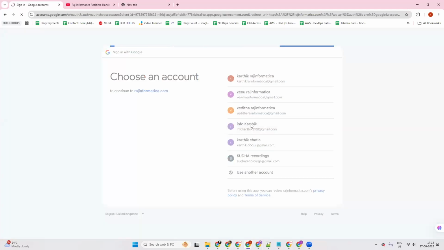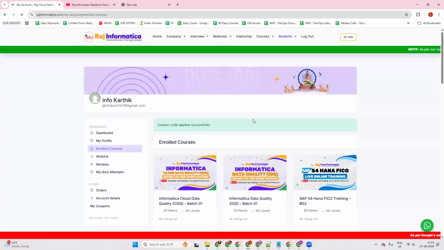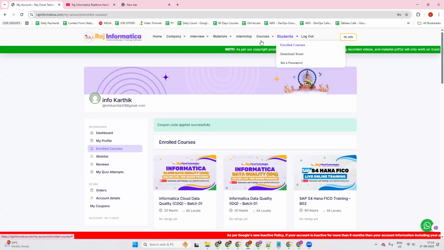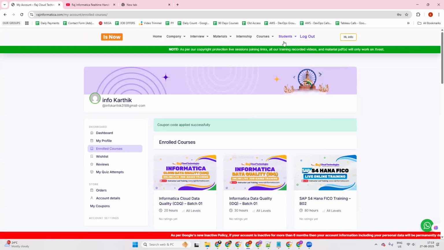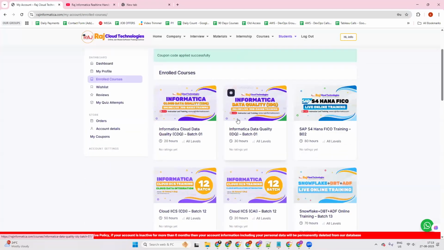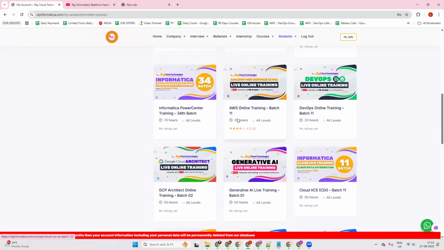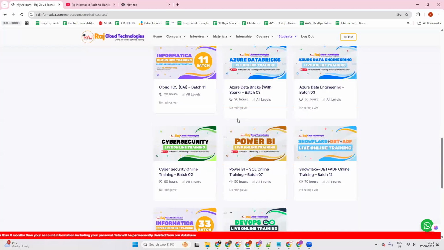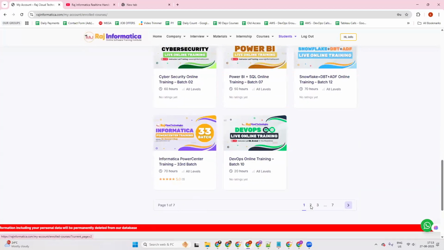And this is my account actually. I'm just clicking on this account. Now you can see the students option at the top of the screen. Once you are logged in, only then can you see the student option here. Just scroll down. As I am the admin, I have complete access to all the courses here. If you want to see the last batch of the AI and ML program,